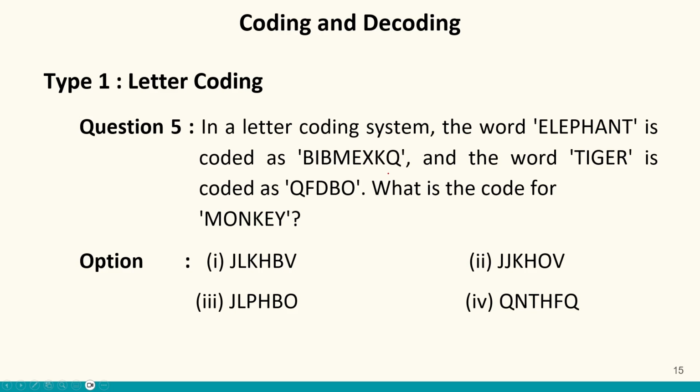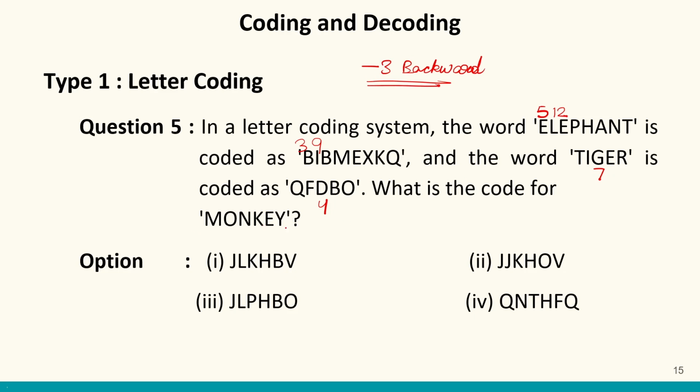Similarly, for this question, from E, which is coded as 5, we are going to B, which is coded as 3. Similarly, for L, which is coded as 12, we are going to I, which is coded as 9. So I can see we are moving 3 positions backward. Right? Let us randomly check for tiger also. Let's say G is coded as how much? G is coded as 7 and we are coding it as D, which is 4. So here also I can see that we are moving 3 positions backward. So similarly, we have to do it for monkey as well.